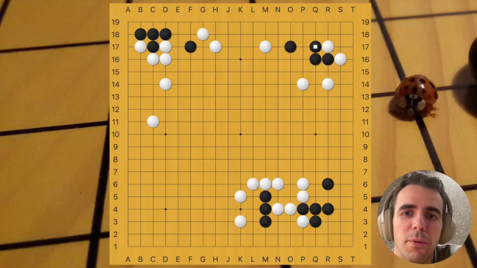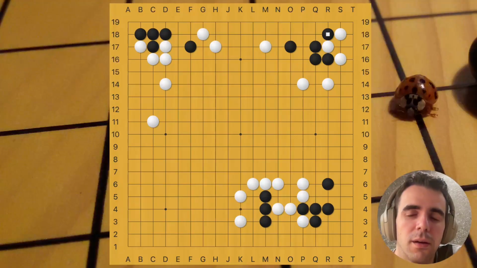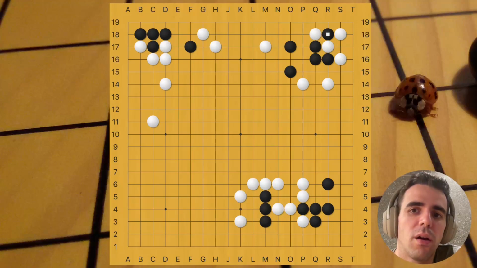And it's very important for black to get this Atari in, because if you don't Atari, if you just run out, when you don't Atari, white can play here pretty much in sente. And now you've lost your chance to get this exchange in. Now if you play here, white won't connect. White will just capture. With that exchange in,